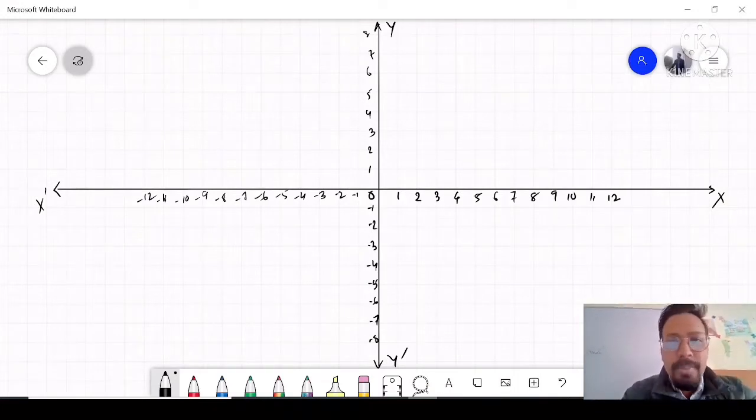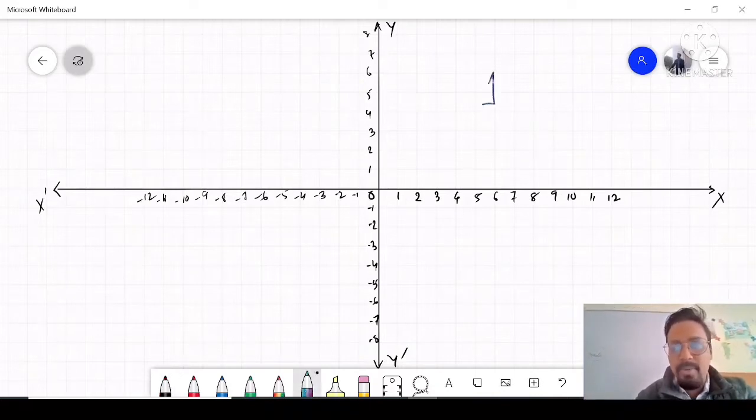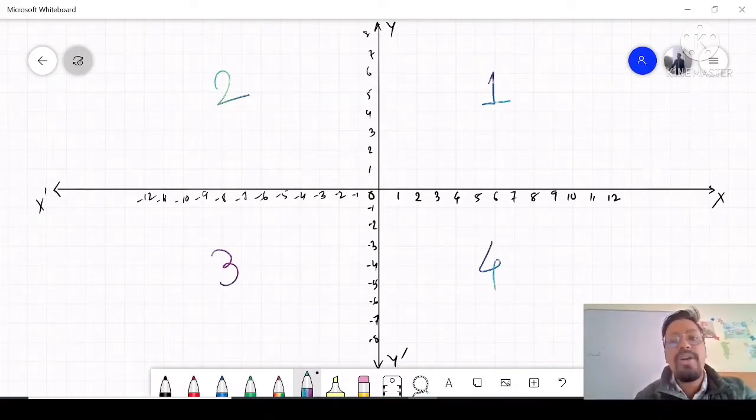As we have learned in our previous video what a coordinate system is, I just need to add one more thing to it. As you can see, in this coordinate system we have four spaces. This is space number 1, space number 2, space number 3 and space number 4. And all of these have a name. These are called quadrants. So this is the first quadrant,